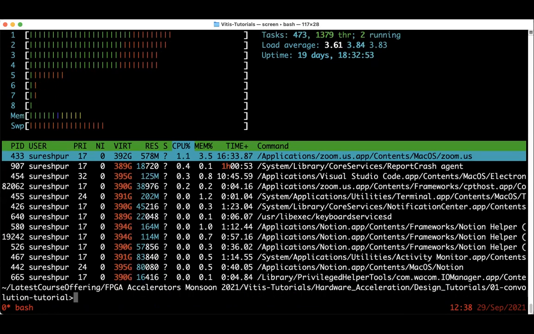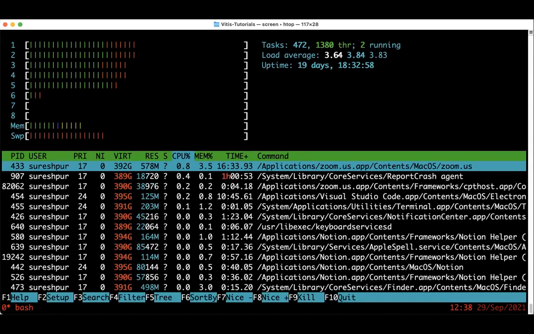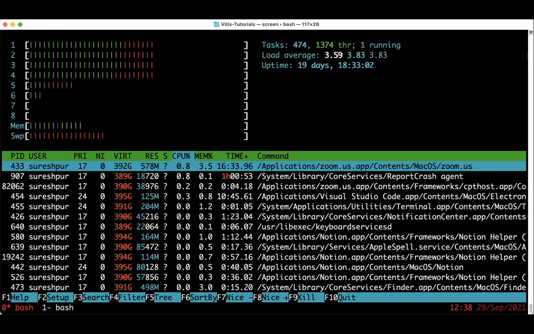You can see that the cores numbered 5 to 8 are not doing much work.